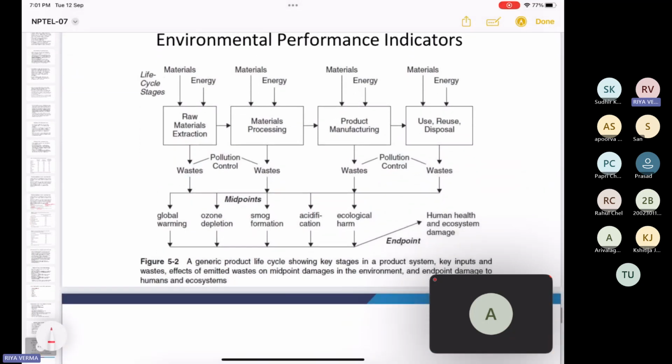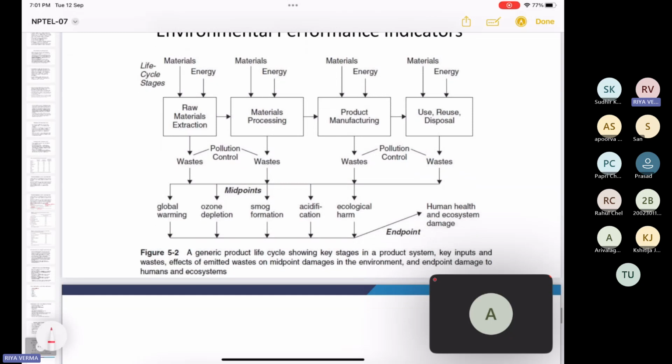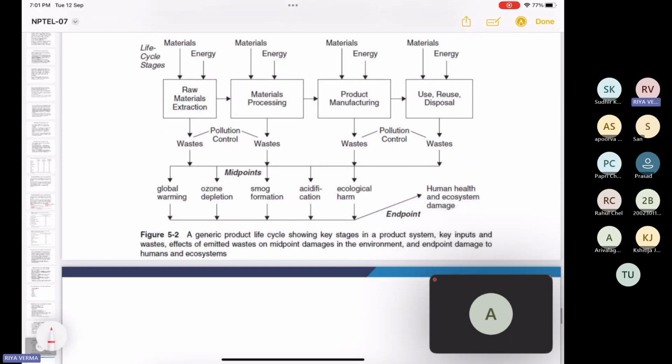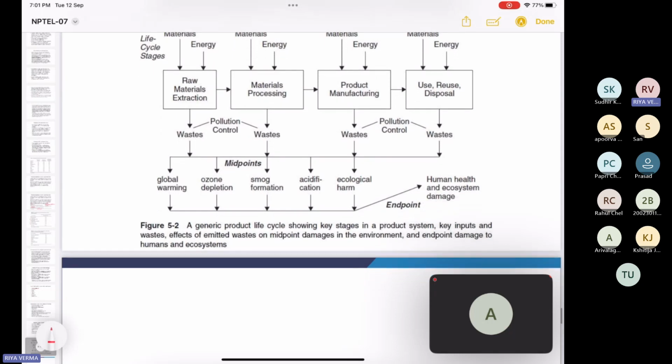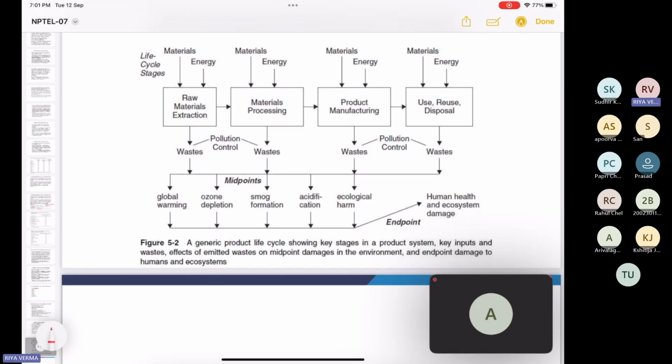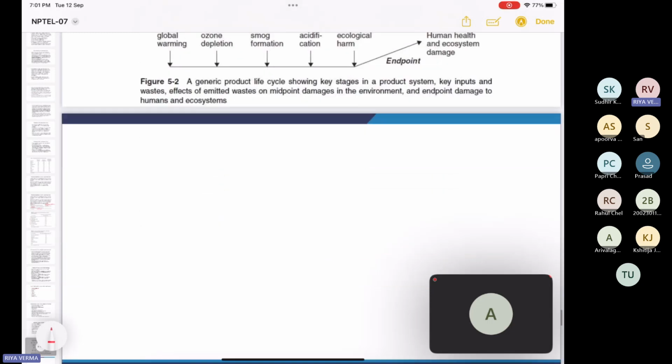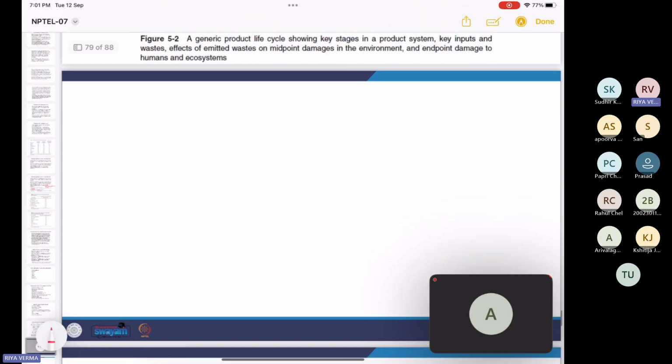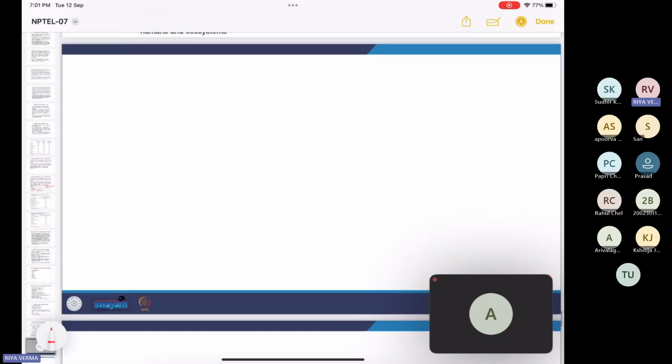This is a generic product life cycle that's showing the key stages in the product system, key inputs and the wastage and effects of emitted wastes on midpoint damages in the environment and endpoint damage to human ecosystems. This we have discussed in the life cycle inventory part. So these are all the inputs and the outputs in the midpoint and the endpoint damages. So that's all for the content for week 7. Now we'll have questions for this